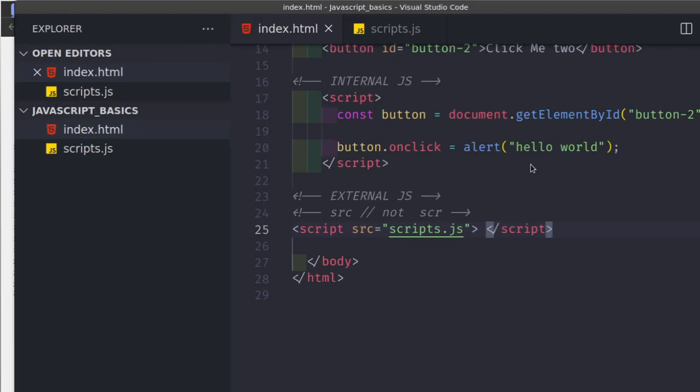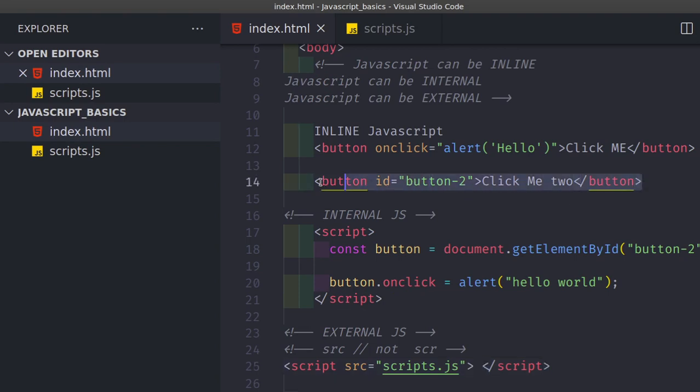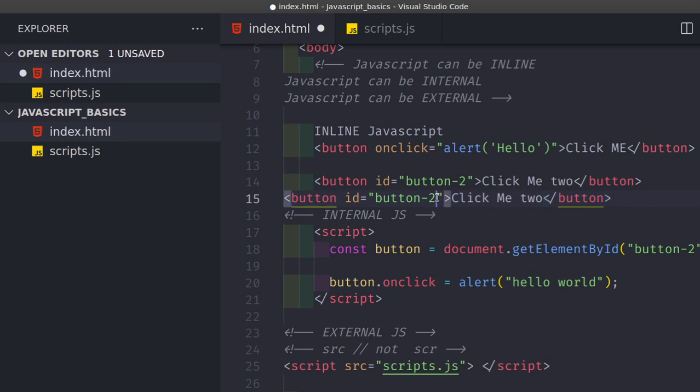I didn't change the button, so let's have button 3 here. Okay, button 2 here, then button 3. So last bit of it, then I'll start explaining. There's button 3 here, button 3. Okay, click me 3,